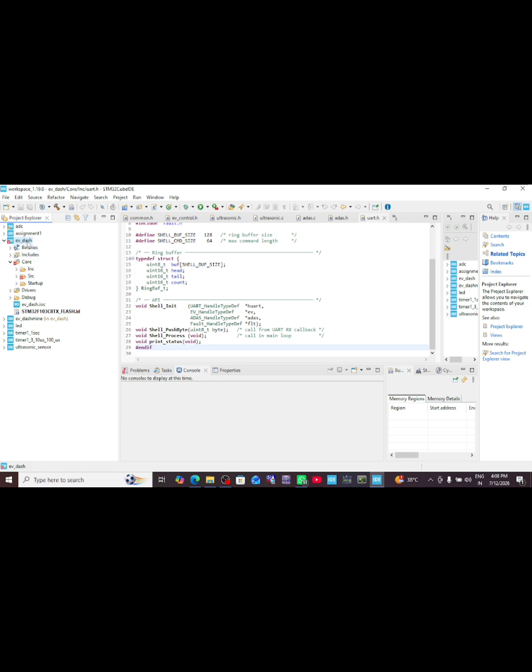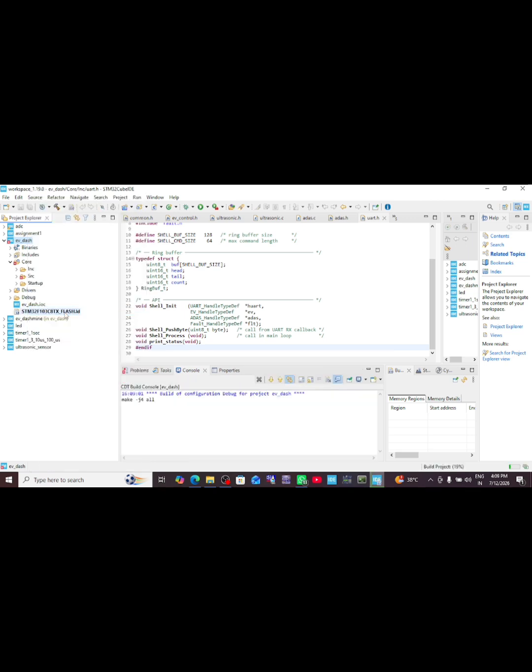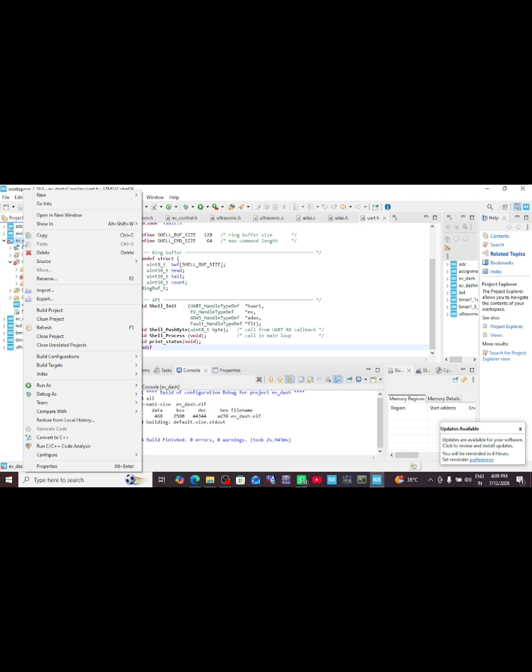Now let's see whether there are any errors in this EV dashboard file. Just right click the EV dash and build project. Let's see, there are no errors and no warnings. Let's convert this into a binary file. Just right click the EV dash and